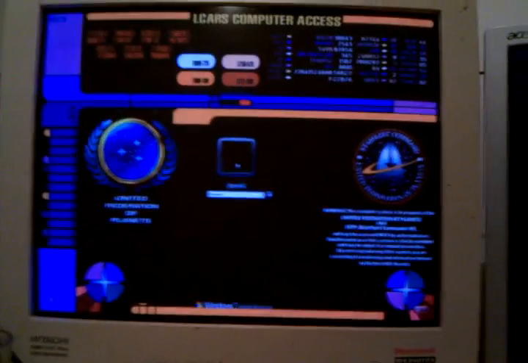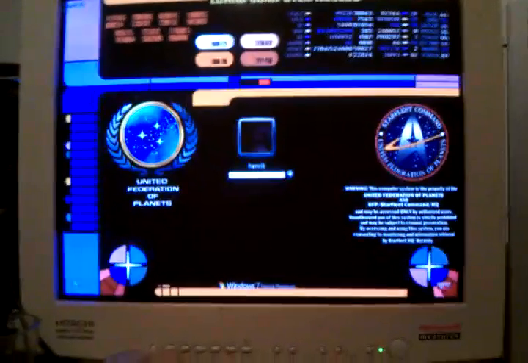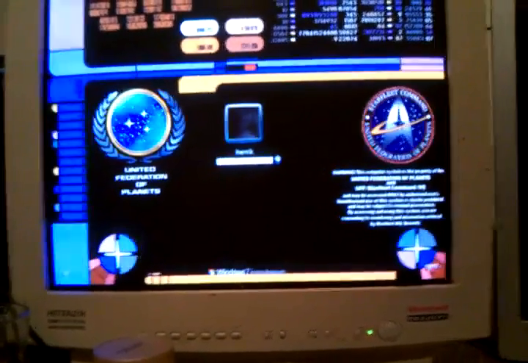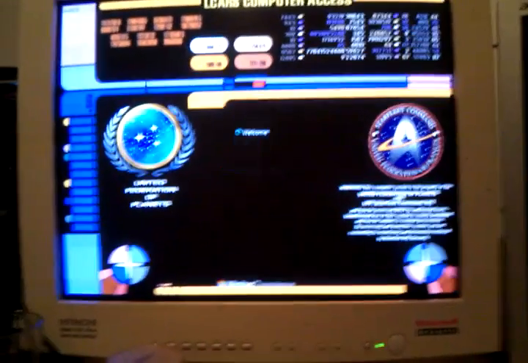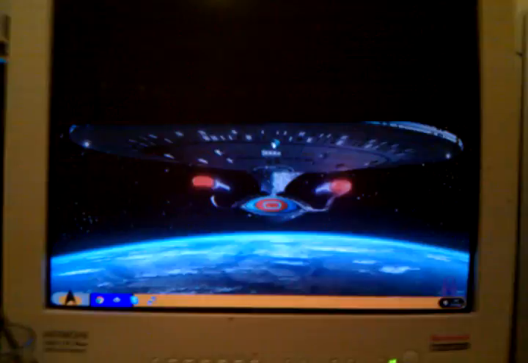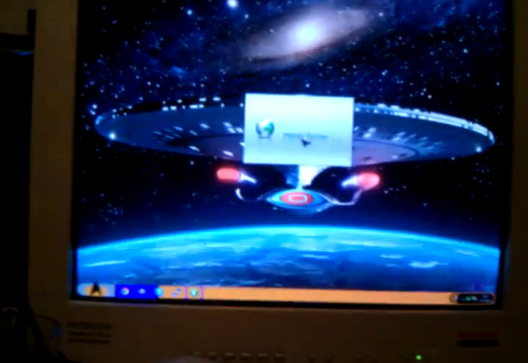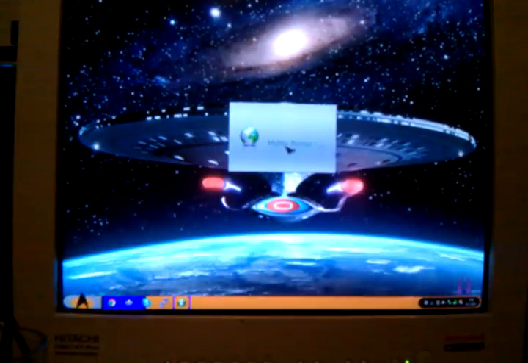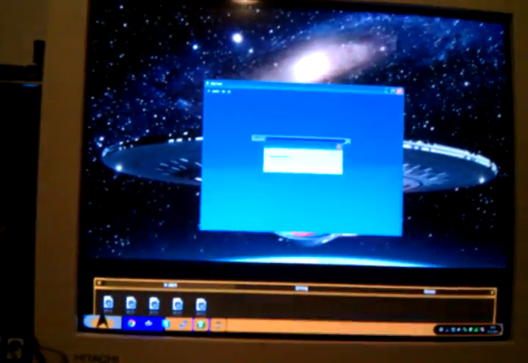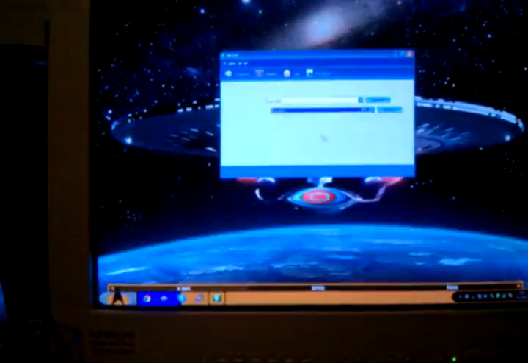Of course, we begin with the login screen, and the login screen immediately is LCARS. So let's just log in. Let's put the right username in. That, or the password in. That always helps. I'm sorry I didn't make a proper screen capture of this because, well, I've already spent quite a lot of money on this modifying software. I didn't want to spend any more on screen capture software,